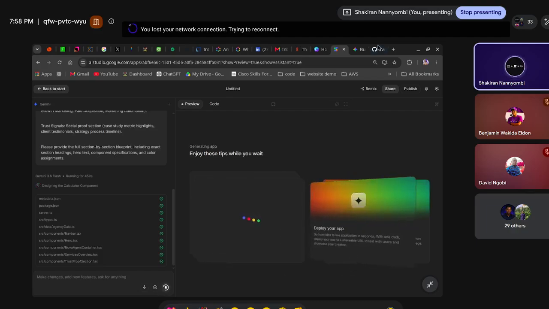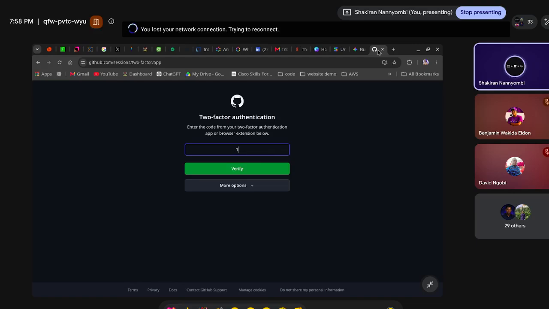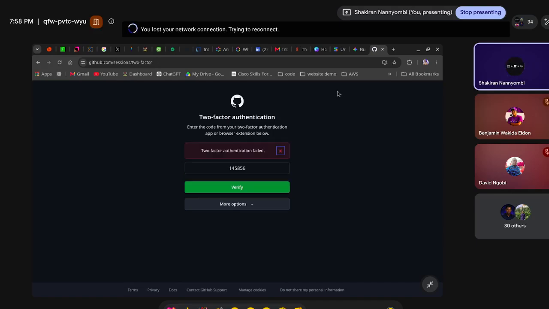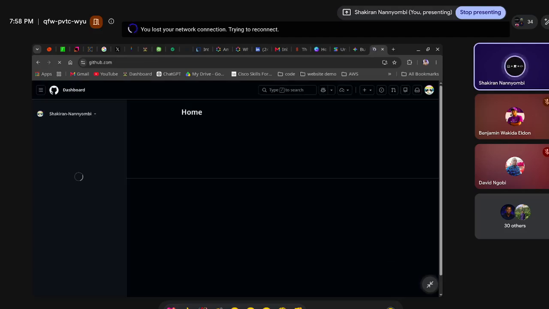So I have gotten the codes. Let me write 145855. Oof, that's wrong. 145845. This is not a password, it's a one-time code. So